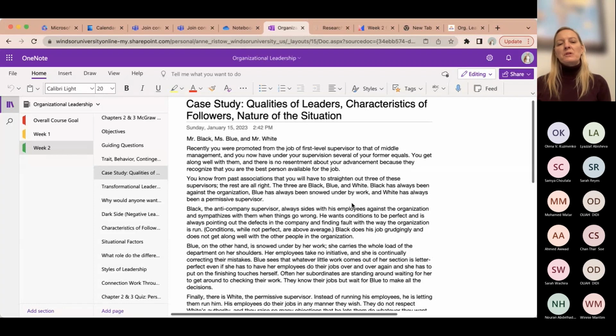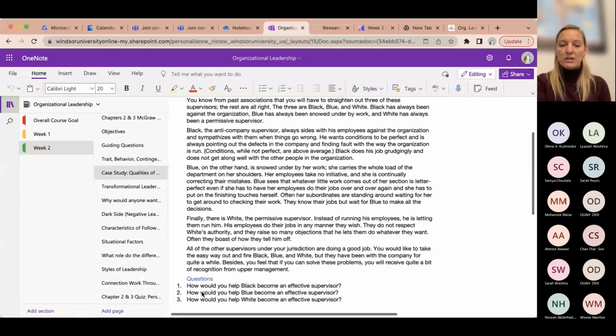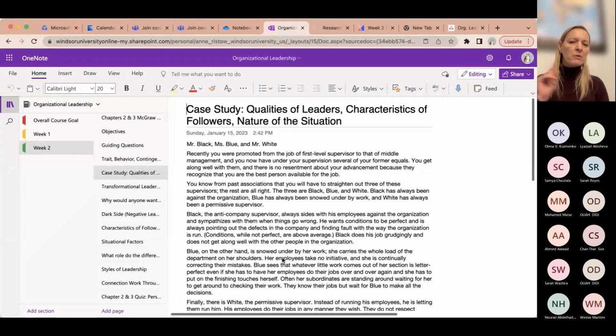A few things that I wanted to point out to the group: when I look at case studies like this, I know that I specifically gave you the direction to look at the questions of how you would help Mr. Black, Miss Blue, or Mr. White become an effective supervisor. And that was your lens. But I also want to encourage you as leaders to always pay attention to what's in front of you, but also what's in the margins,